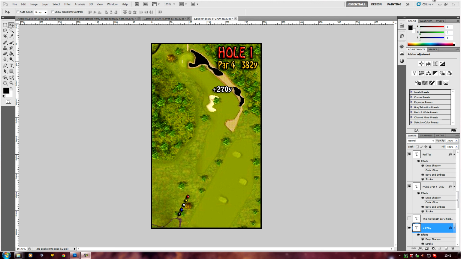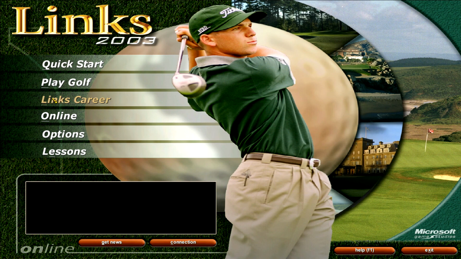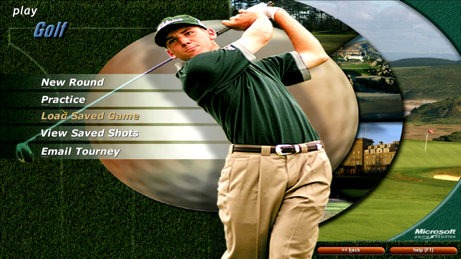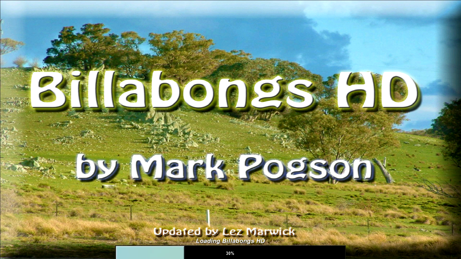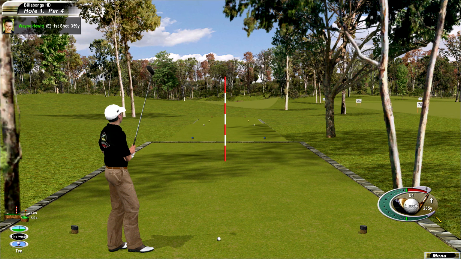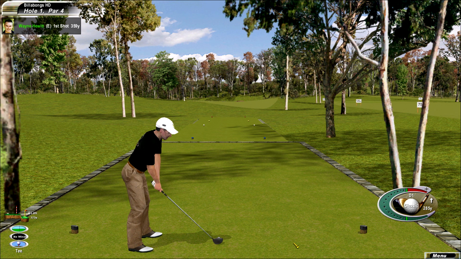So I'm going to go into Links now, and I'm going to load in a course into practice, and I'll select all the holes, set it to driving only, and I'll simply turn the top cam on and set it to a size roughly the same size